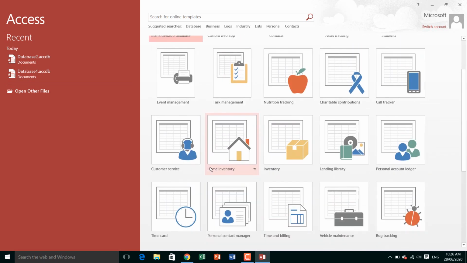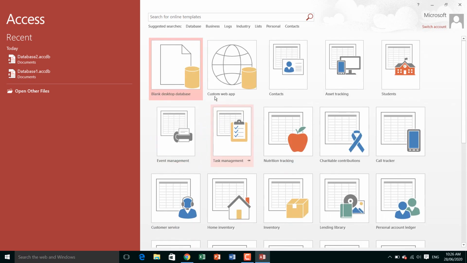The column numbers and column names are already given, so you can just put your data in this already created table. But we are not using this kind of template. We are using a blank desktop database.